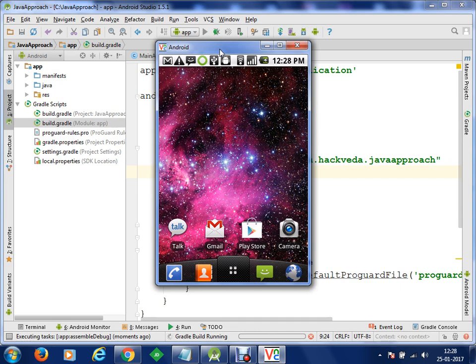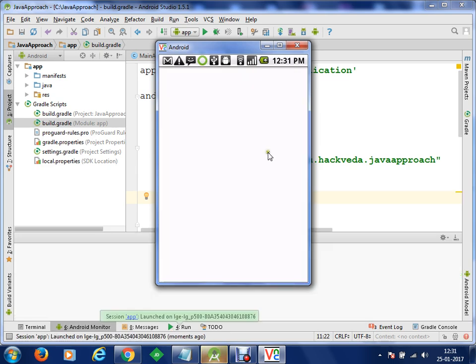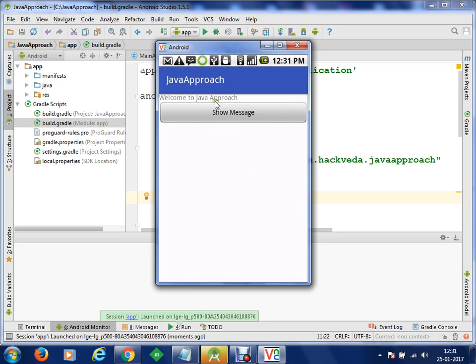So now Gradle build is running, and as soon as the Gradle finishes, okay, so here the application will run, and now you can see that it's vertically oriented.